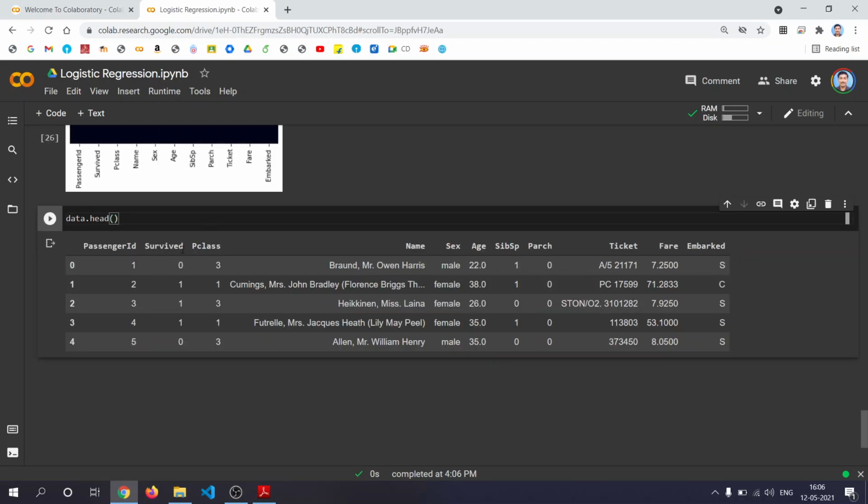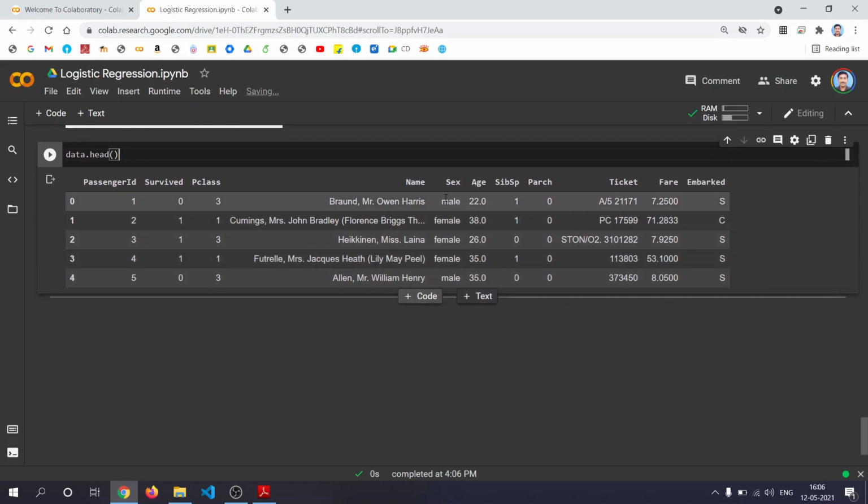Passenger ID, survived, P class, all these are numeric values. Name, we don't have to do anything with the name because we cannot do any analysis on name. Male and female, that's the entry there. So if you are able to convert this into 0 and 1, then you'll be able to analyze it. The logistic regression cannot do analysis on text values like this.